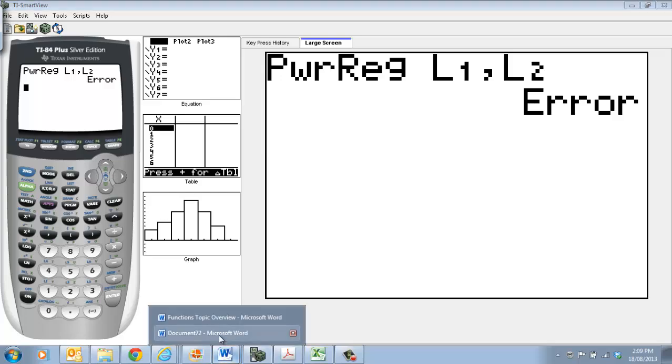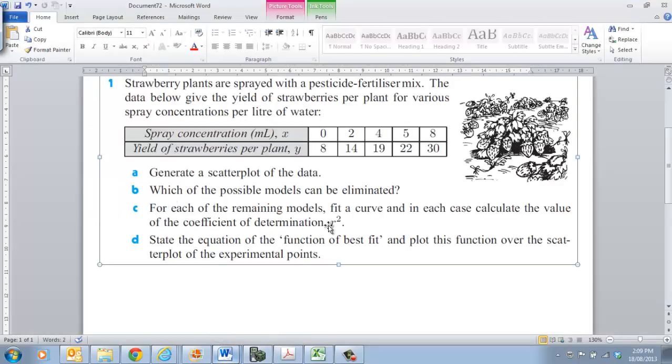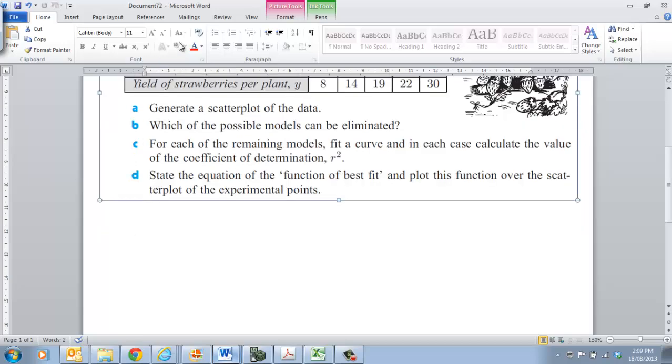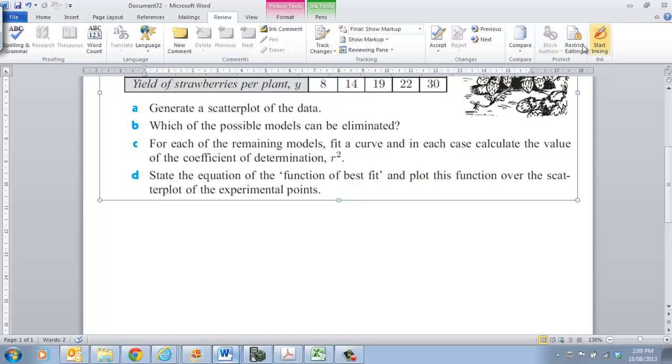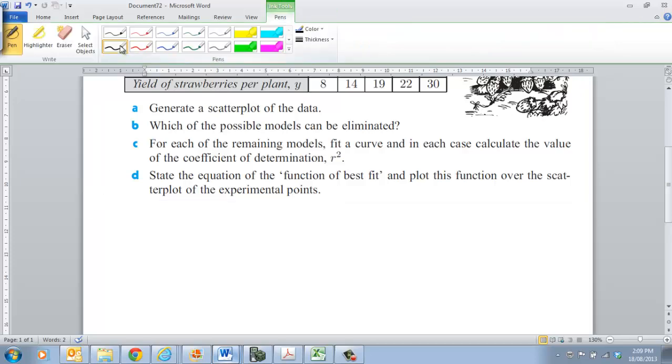So if we go back to our question over here, for each of the remaining models, fit a curve in each case and give the value for the coefficient of determination. So what I'm expecting you to do here is to give me the R-squared value for each of these. Alright, so in part B, we're going to say we can eliminate the power model